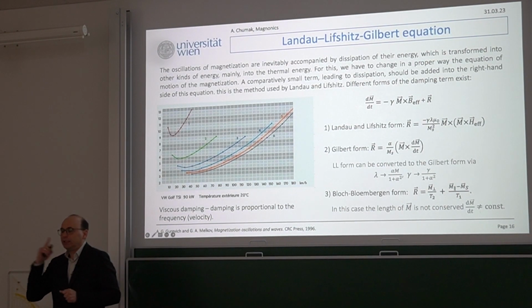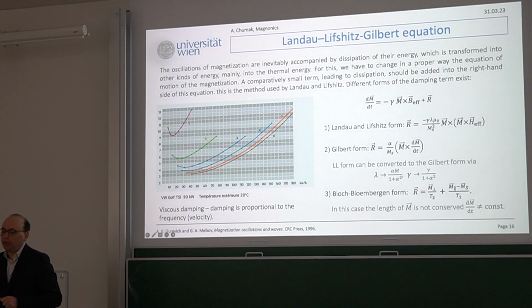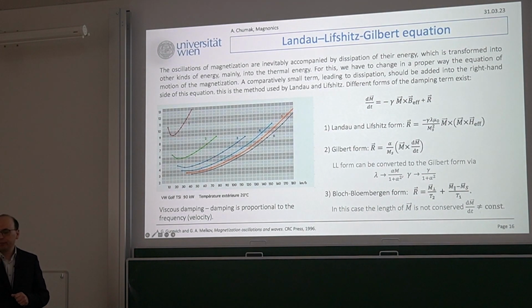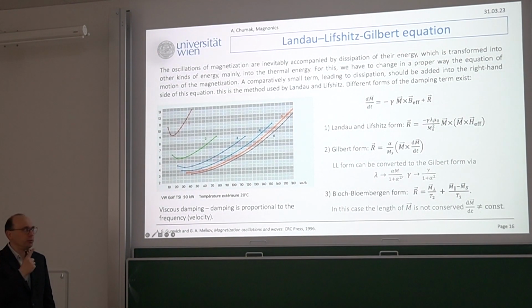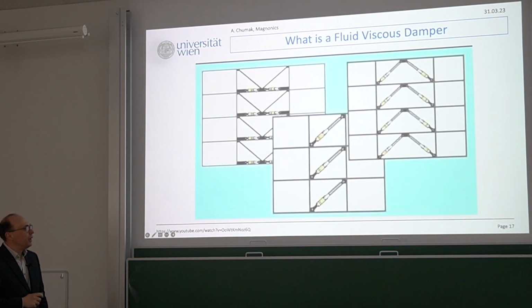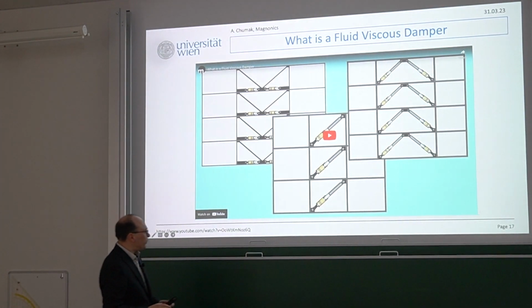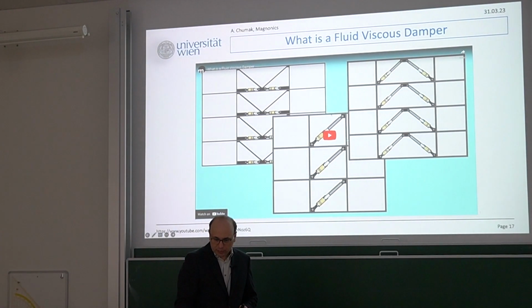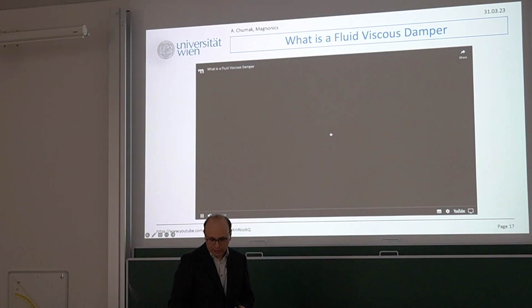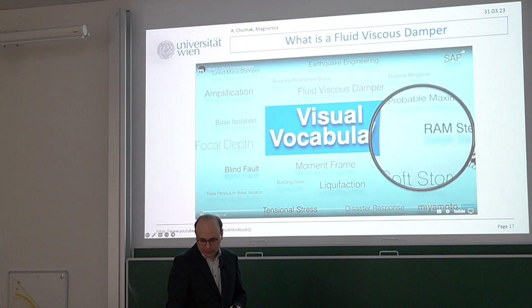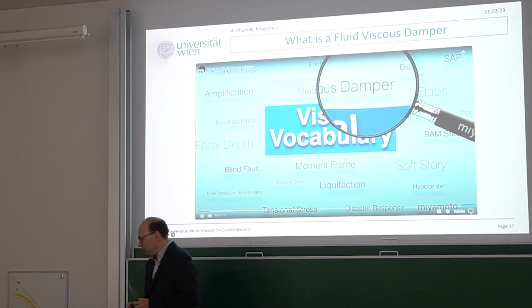If your precession is very fast, your frequency of precession is fast, the oscillations will die fast. If it's slow, then magnons live a long time. So precession is longer living. In order that we memorize better what viscous damping is, there is this fun video